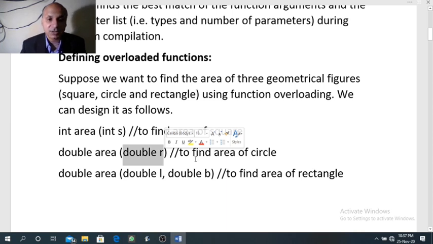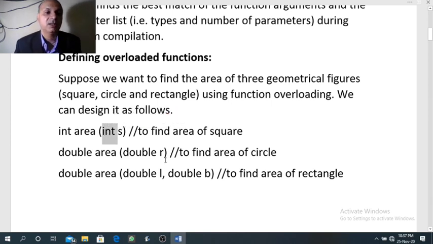So when the number of arguments are same, then I had told you their data type should be different. This is the reason one data type I have taken int, second one I have taken double. If we take both as int or both as double, then it will not compile. During compilation it will give error message.